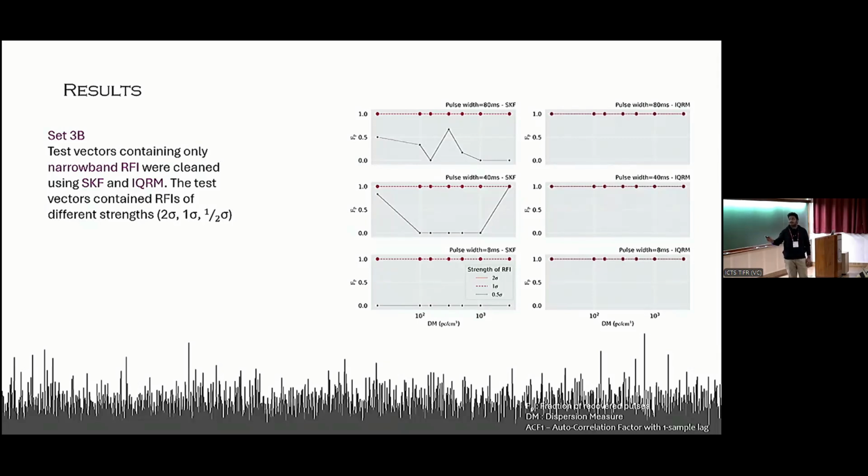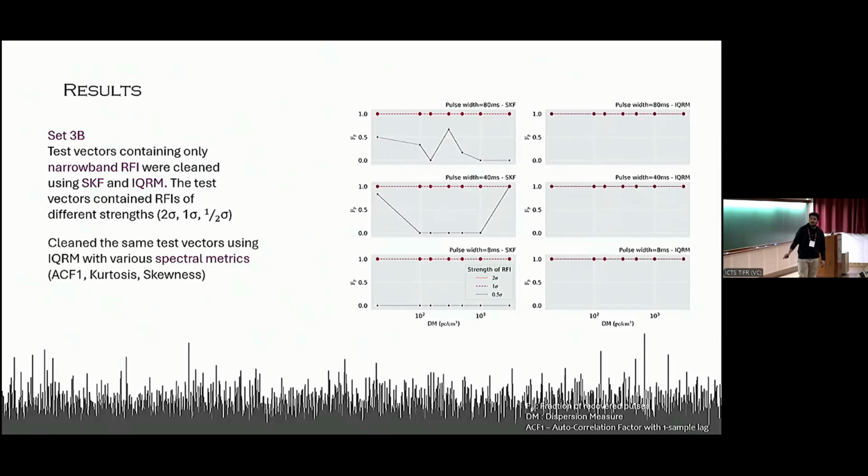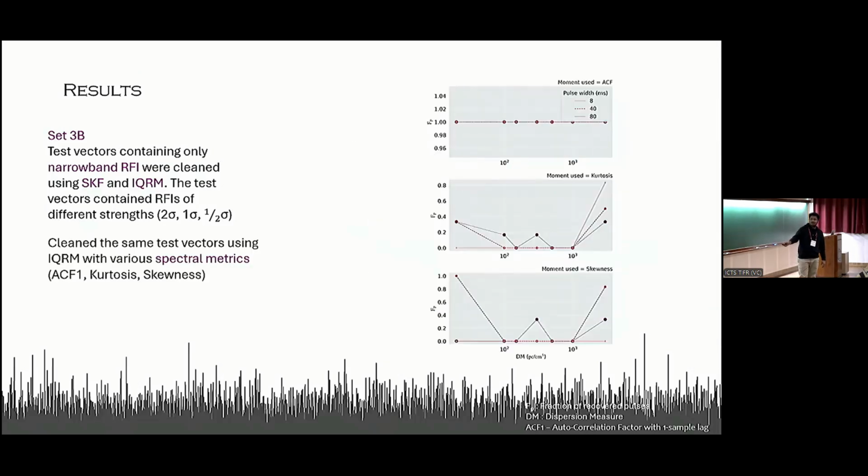So the only difference between these two, in some sense, was the metrics that they were using. IQRM has the capability of using any moment or metric that you give it, so we tried to clean the same test vectors using different metrics and force IQRM to use them. We used three metrics: ACF1, kurtosis, and skewness. When we use ACF1, everything is clean, everything recovers back, because ACF is the autocorrelation function